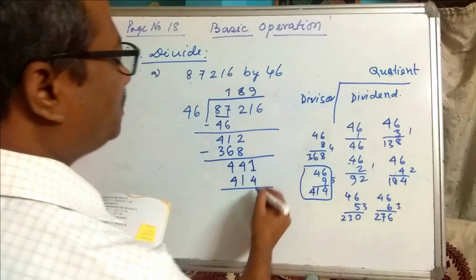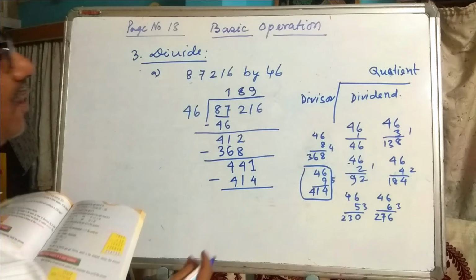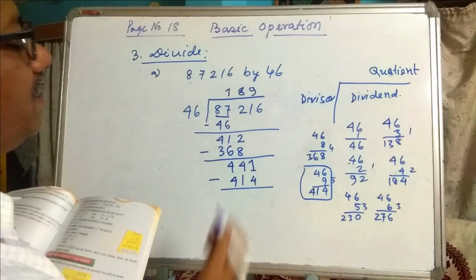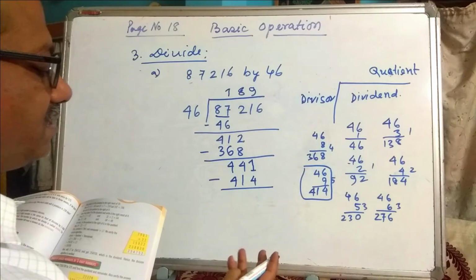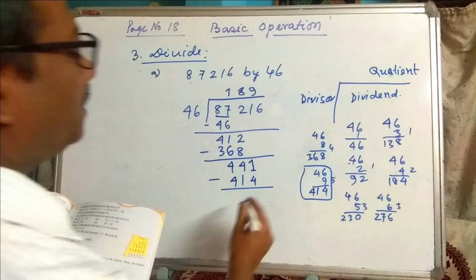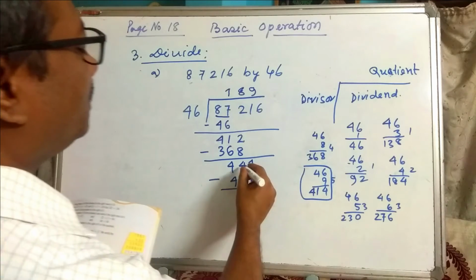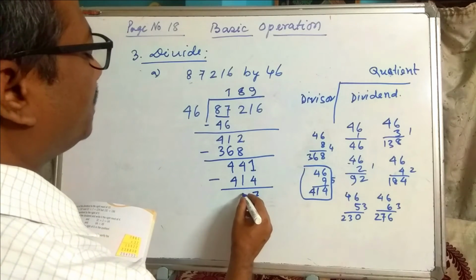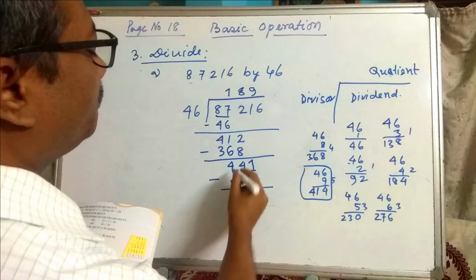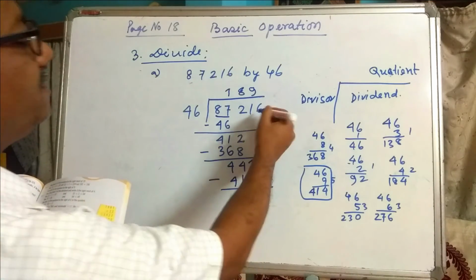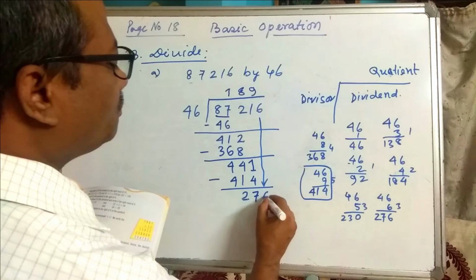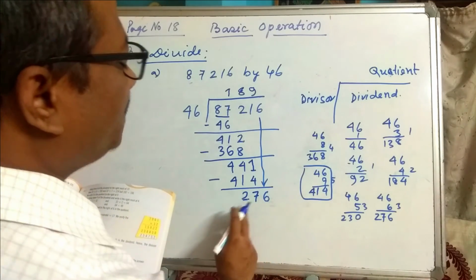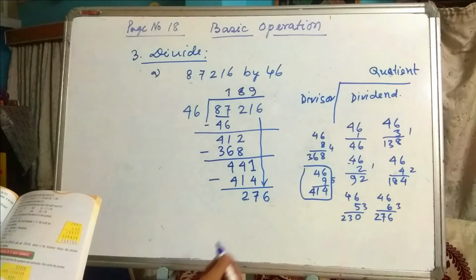So 1 minus 4 is impossible. So we will borrow 1. It will become 11. 4, 5, 6, 7, 8, 9, 10, 11, so 7. Then here it is 3. 3 minus 1 is equal to 2. 4 minus 4, 0. Again similarly we will bring down the 6 to the extreme right of 27 and we'll